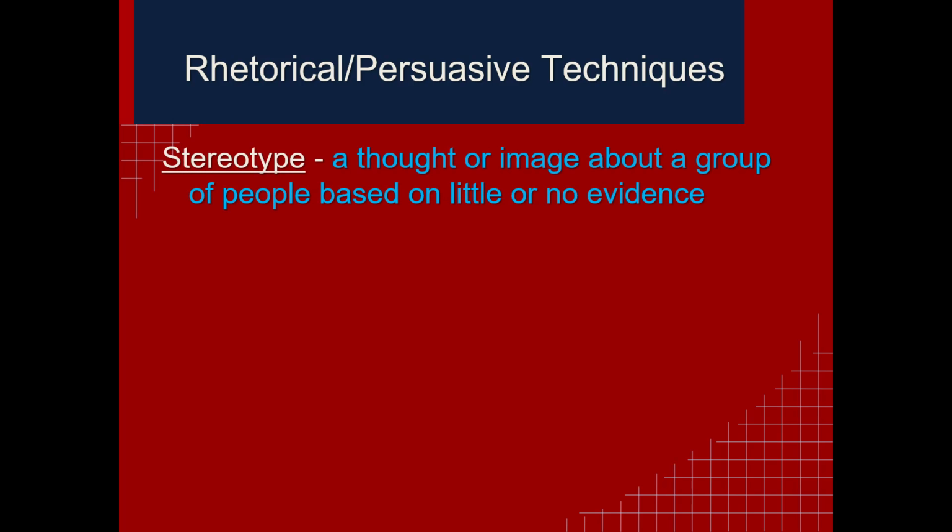Now, I will cover stereotypes in more depth in my prejudice lecture, but we should go through it here because it can be persuasive. A stereotype is this lazy thought or image about a group based on very little evidence, and we do it because we are lazy. We don't want to take the time and meet many, many, many people of a certain group and then base a judgment about them. We want to take the easy way out. We'll meet one or two, and we're like, oh, I bet they're all like that. That kind of lazy thinking gets us into a lot of trouble.